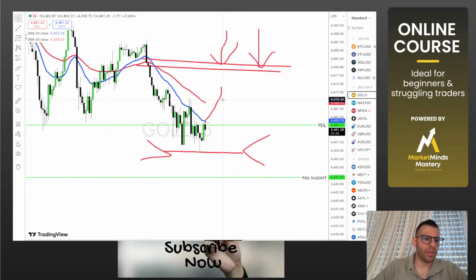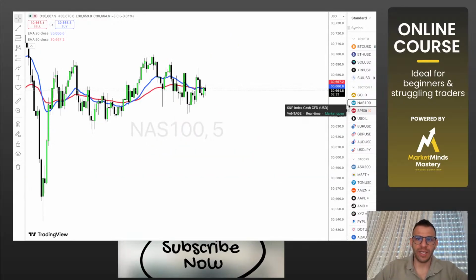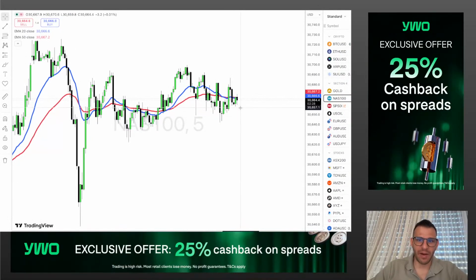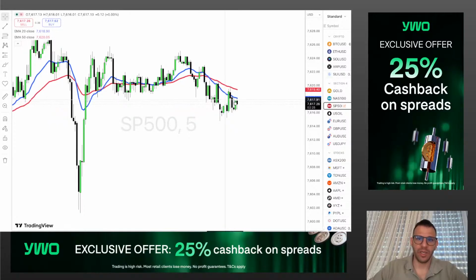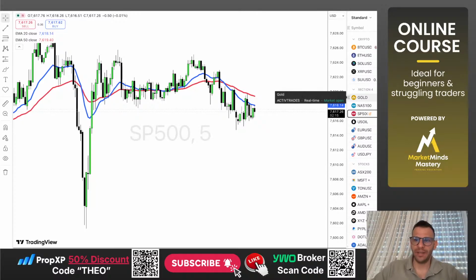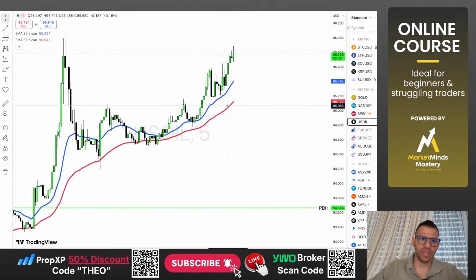So this is our plan on gold, and because I'm not going to look at any other assets, to be honest, look at the Nasdaq. 5-minute chart, it's so sideways. There is no clear direction. I'm not interested. S&P moved a little bit down, but come on, this is not a market that we want to trade. So let's stay focused on the gold. USOIL is much better traded during the New York session. But for here now,